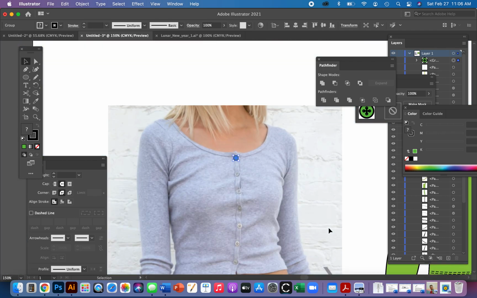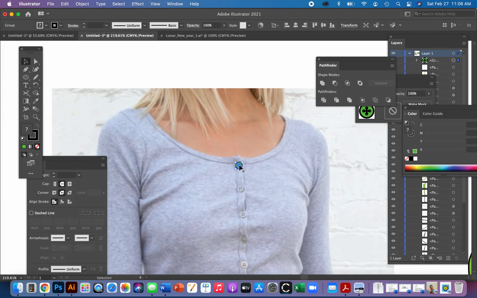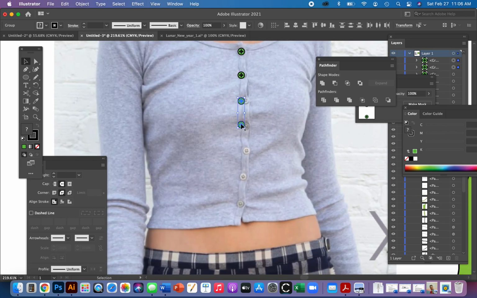Okay, so we have one. Oh, I'm gonna zoom in more. I'm gonna hold Option. So now there's two. I'm going to select both of them, hold Option, gives us 4. It's panning. Now we have 6. I'm holding Shift so they stay aligned. I'll grab this last one. Okay, so it looks like we have 7. Click all 7,